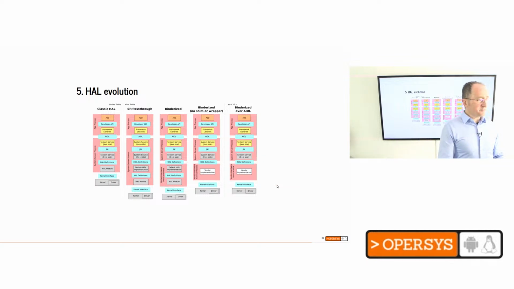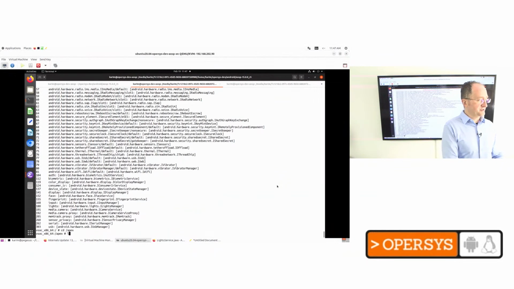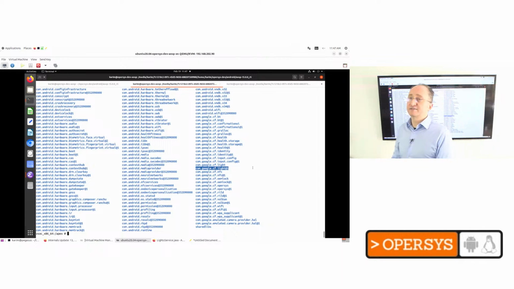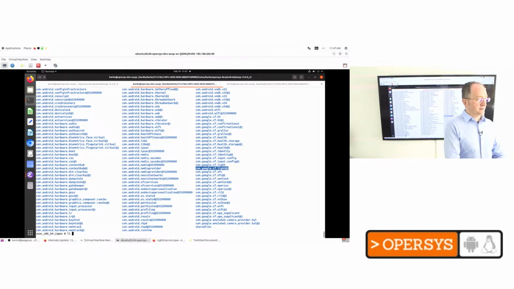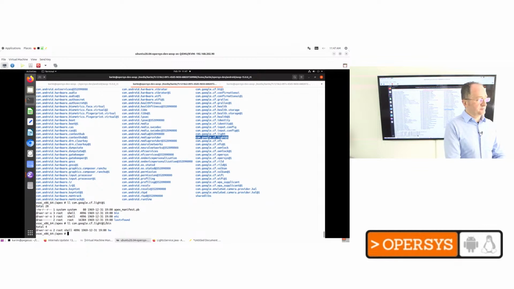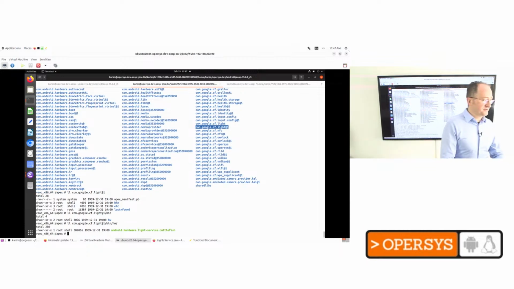So if you want to go take a look at where that is, you would have to go under Apex, and you would have something like com.google.cf.lite, all right? And that's actually the implementation of the lights for the Cuttlefish. And under bin/hw, I now have the light implementation for this. And of course, as I just mentioned, if you take a look at the libs that go with this, lib64,